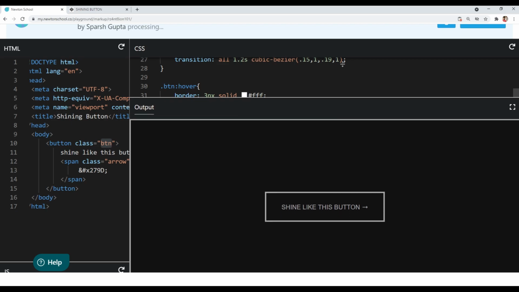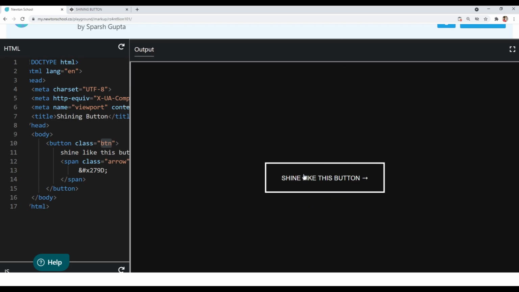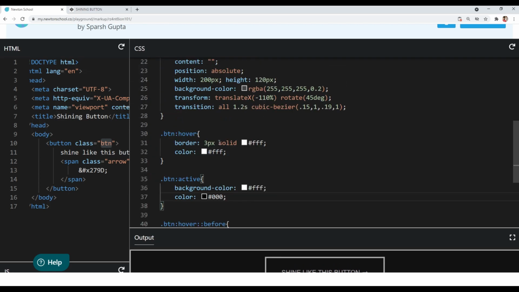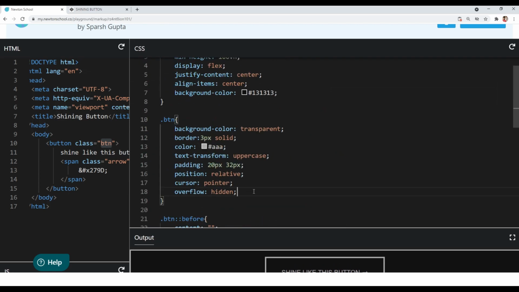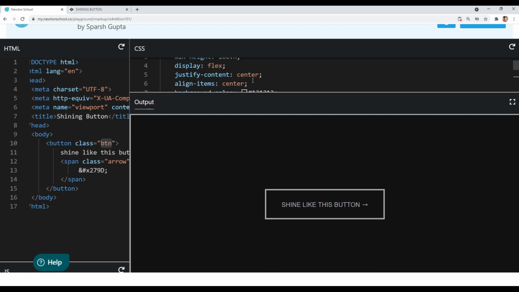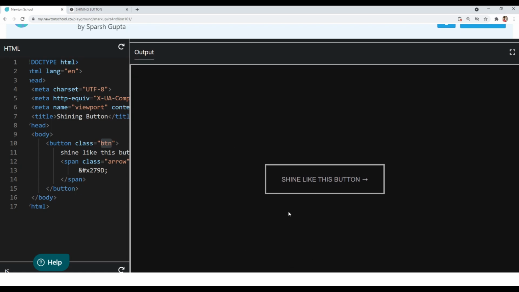Now you can see when I will click on this button, the background and the color is changing, but again it's a sudden effect, so let's use transition on our button. Okay, so I will use transition, and now the effect will be smooth and it will look nice.